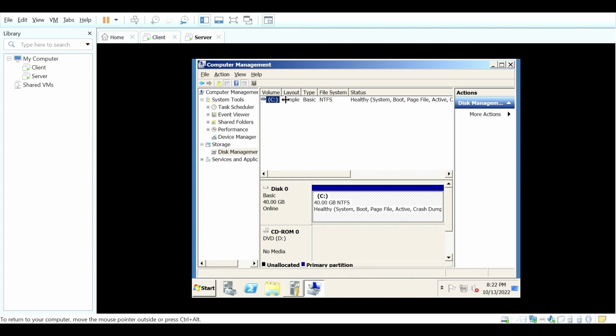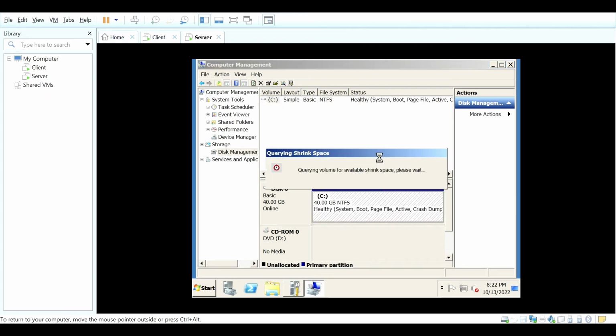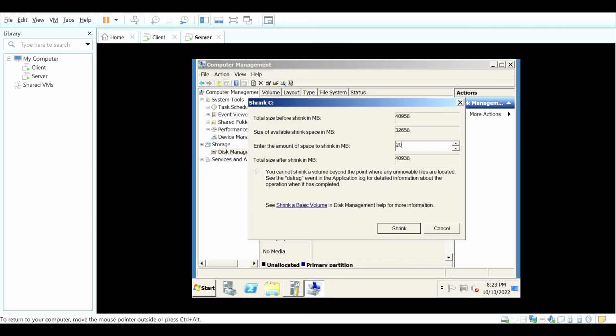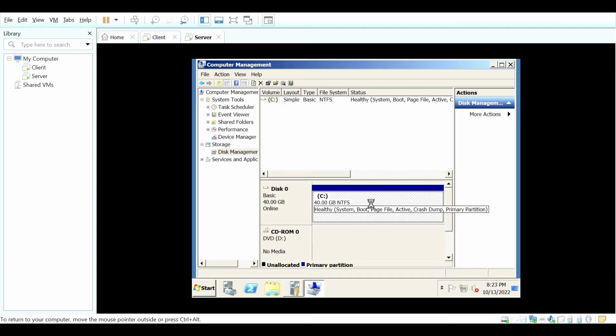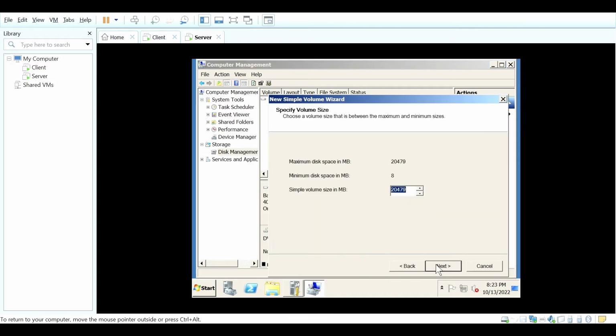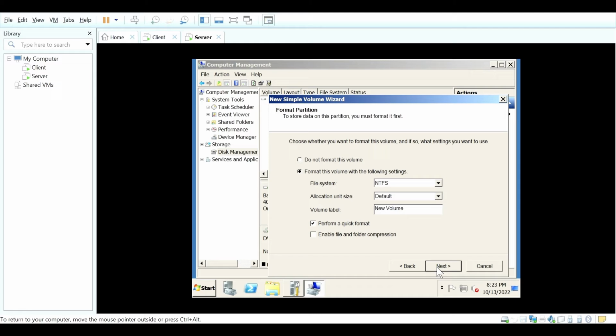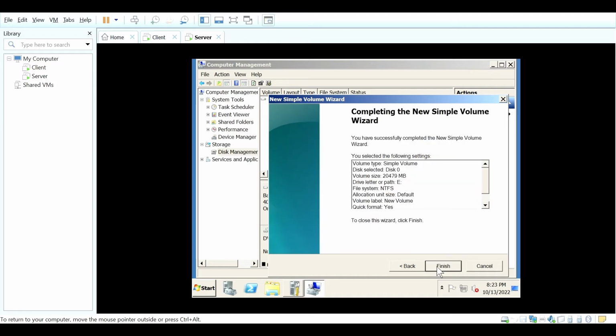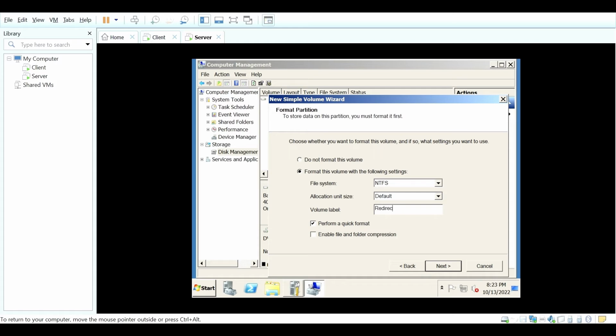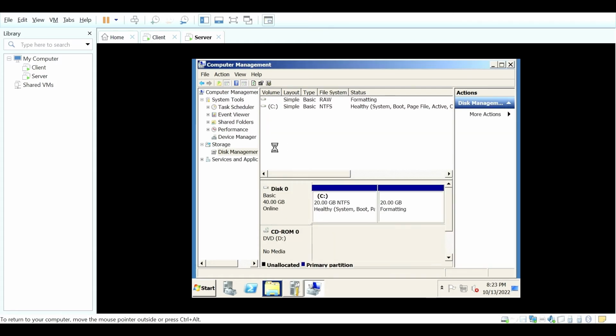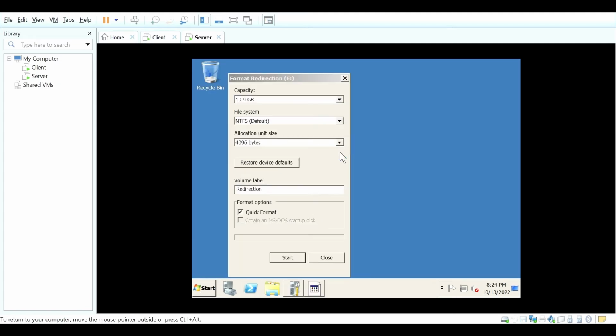So go to computer management, click on the disk, and shrink the space. Then just input the space size that you want. Click the unallocated disk and create simple volume. Just click next with the process and don't forget to name it as redirection and click finish. So just format the disk